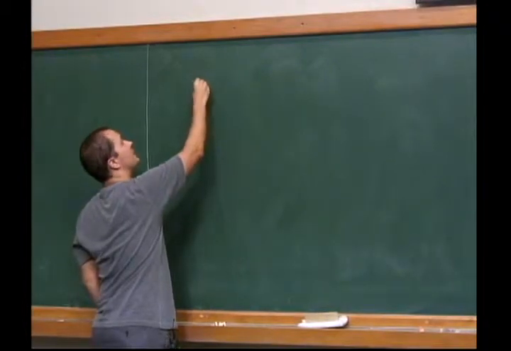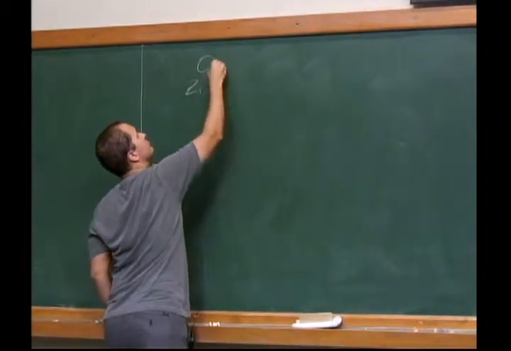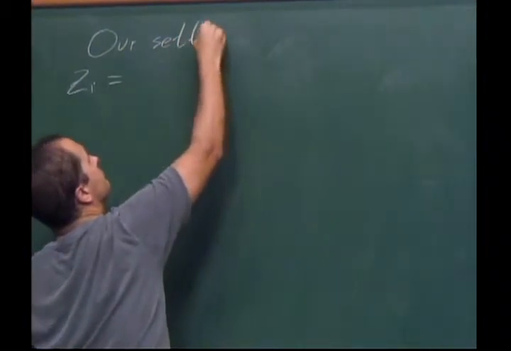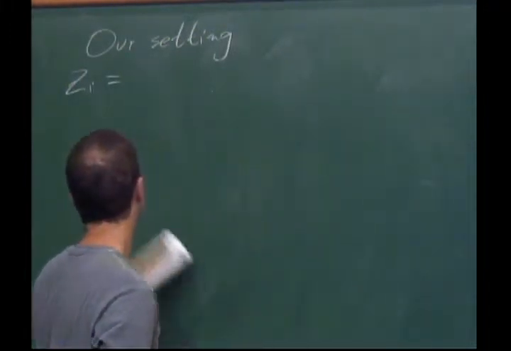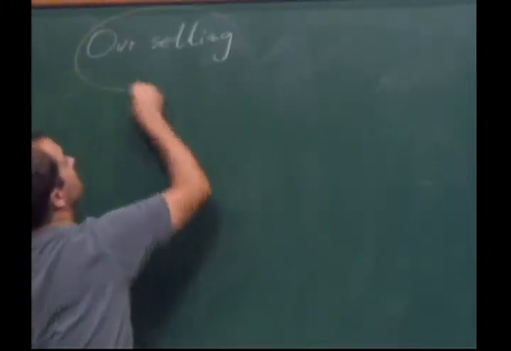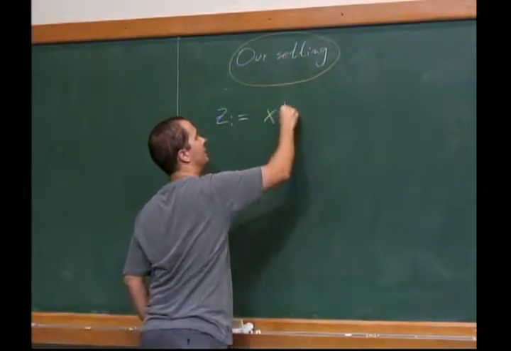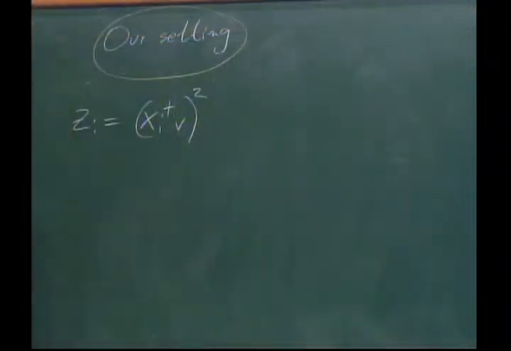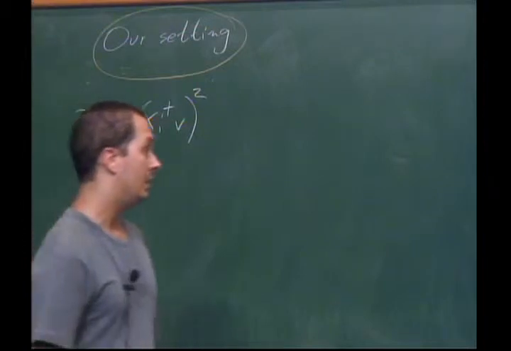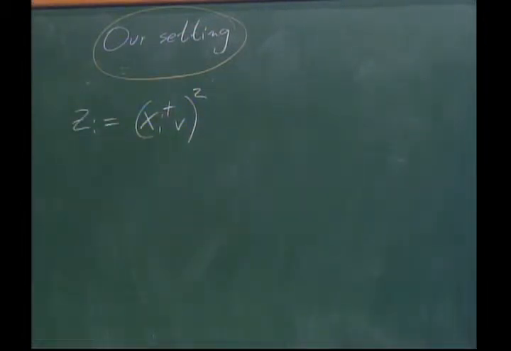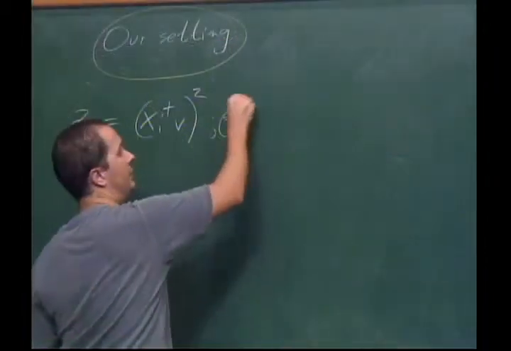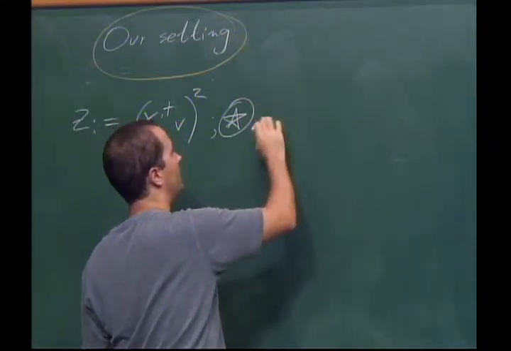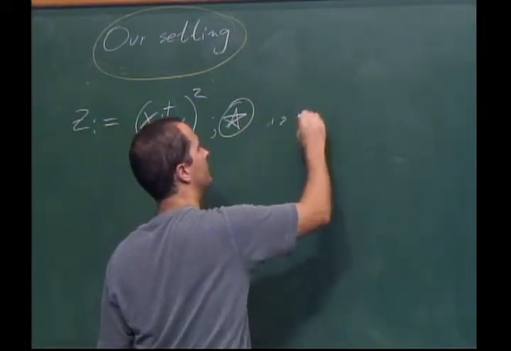So in our case, in our setting, we take Zi to be the inner product of xy with v, squared, which is certainly non-negative. This star inequality that we assume is a consequence of